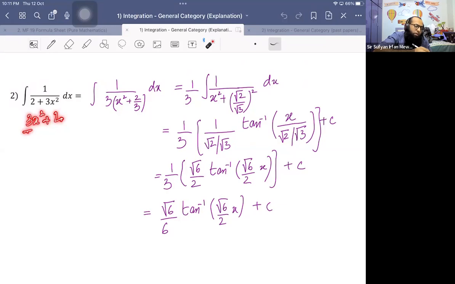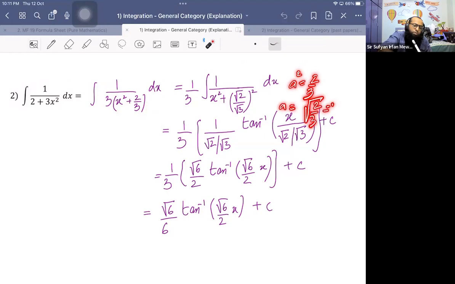So if I take 3 as common, it will become x square plus 2/3. The 3 will come outside. It will become 1/3. Then x square plus 2/3, and 2/3 is to be written in the form a square. Now just check it out. If a square has to be equal to 2/3,